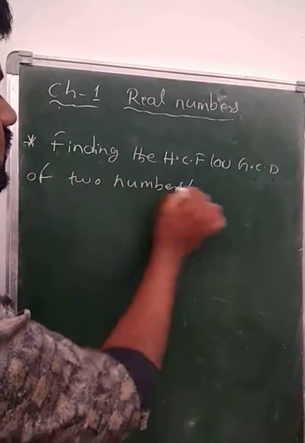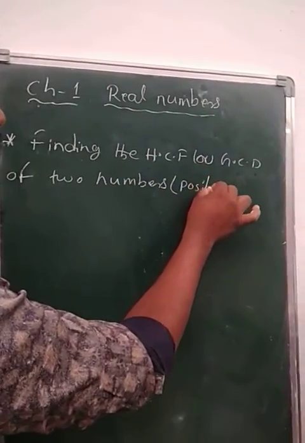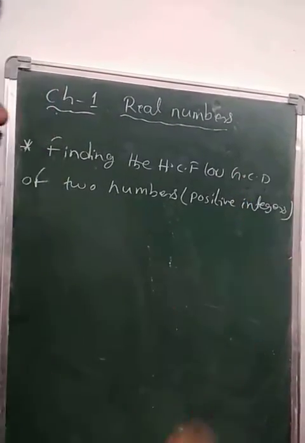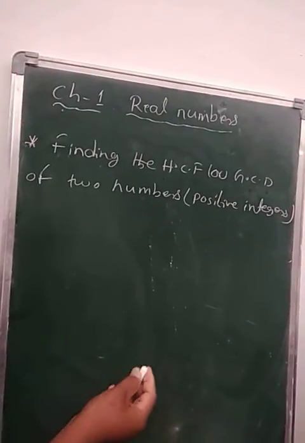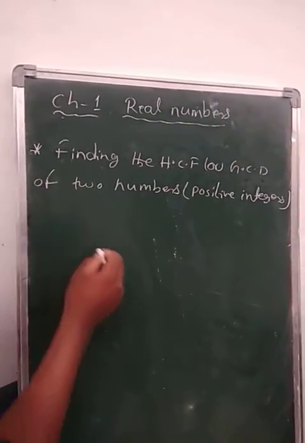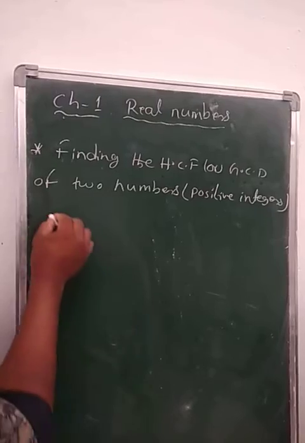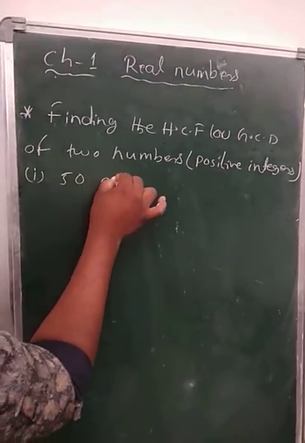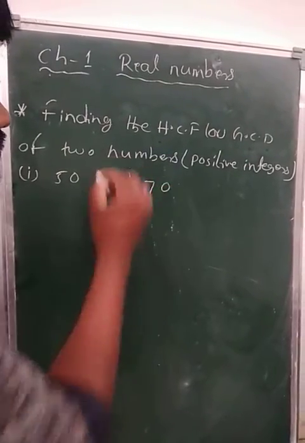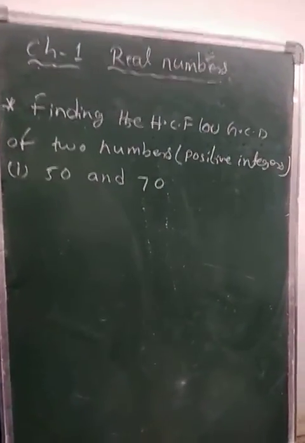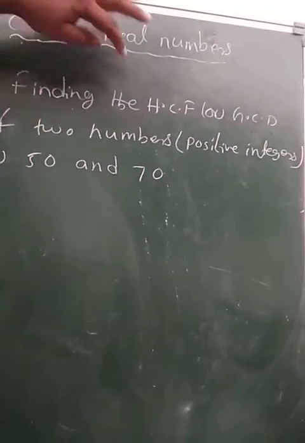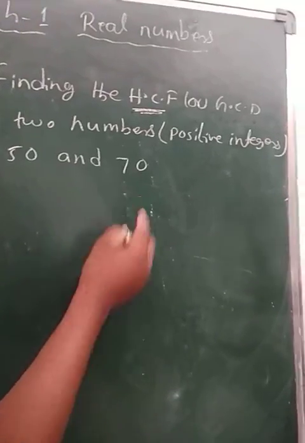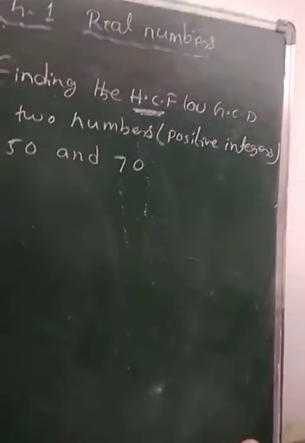That means two positive integers. I'm taking examples. One is 50 and 70. First of all, I'm going to find the HCF, highest common factor of 50 and 70 by using continued